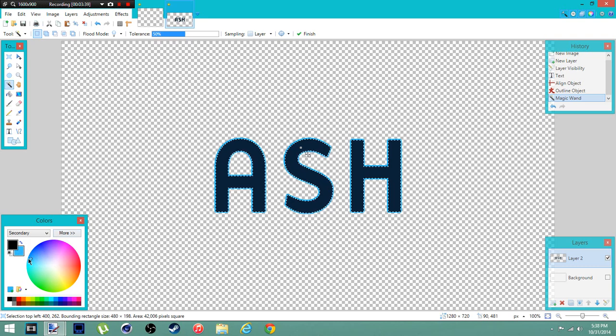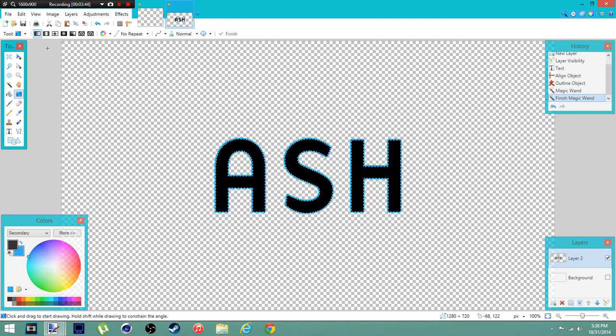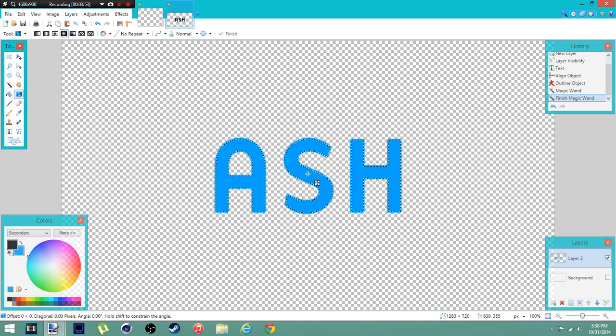Then make your secondary as basically that same blue that you chose to outline, and then choose a gradient, radial, not these spiral things, and then click the center of the text, hold shift and click the center of the text, and then move to the end of the last letter in your text. Now, either way works. I personally like it like this. In case you're wondering, I'm just clicking this thing right here. But, yeah. So, once you have done that, just click deselect right there,